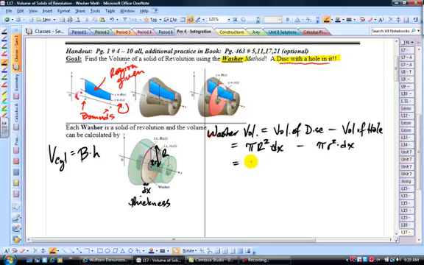So I'm going to factor out the pi on the left and factor out the dx on the right. So the washer volume is pi times the quantity big R squared minus little r squared times its thickness, which is dx. In other words, it's pi times the outer radius